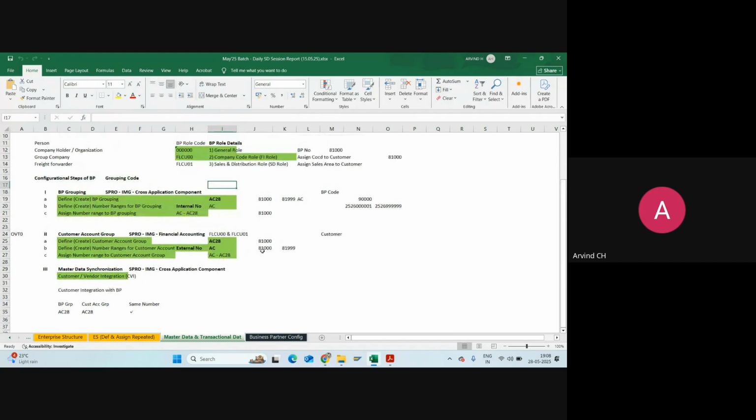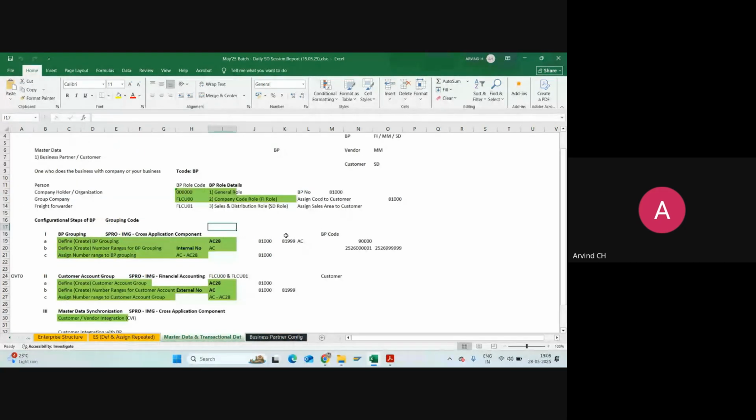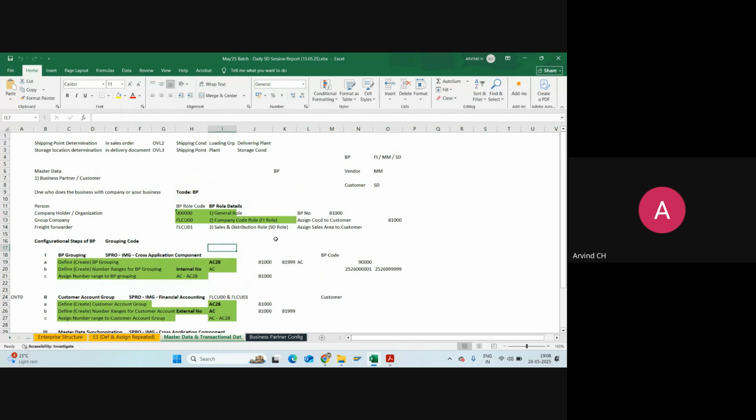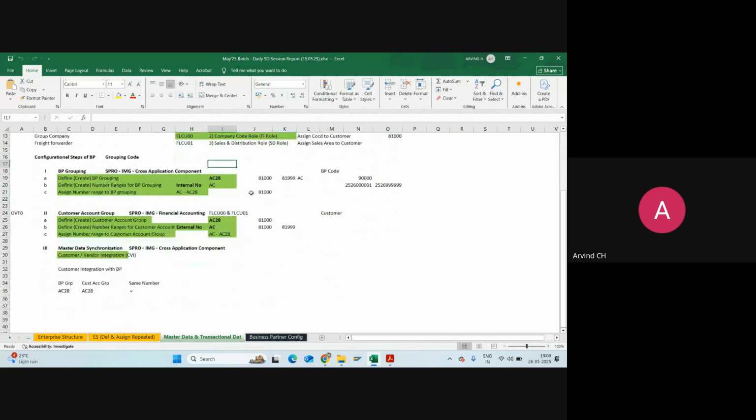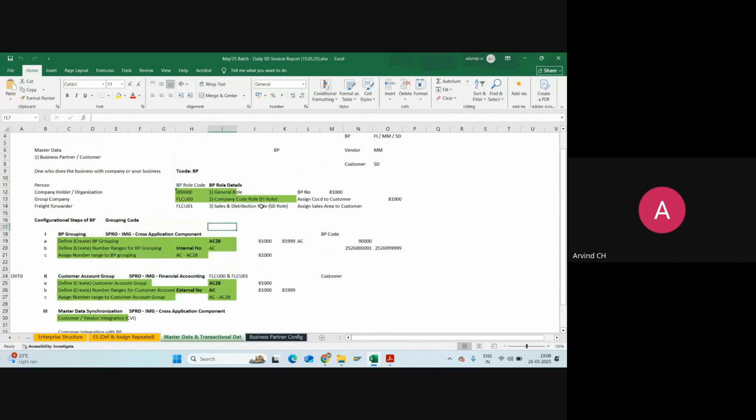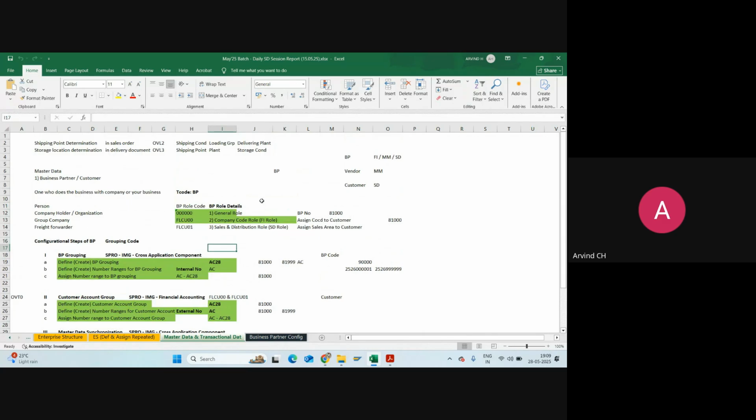So based on that, we are getting the same number whenever we create a customer master, right? Then we have seen both internal and external number range also, right? I have created yesterday two customers. One is for external number range, another is